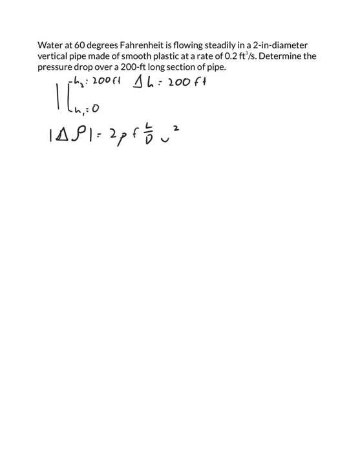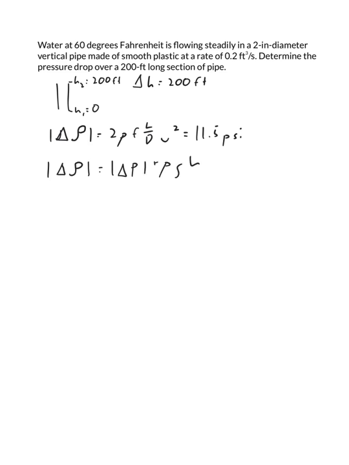So we're going to have a change in the dynamic pressure of 11.5 psi, just like before. But we want the pressure drop, not the dynamic pressure drop. And we know that the absolute value of the dynamic pressure is equal to the absolute value of delta P